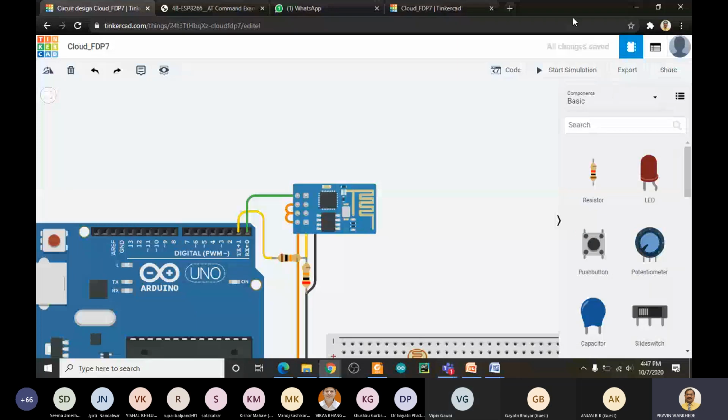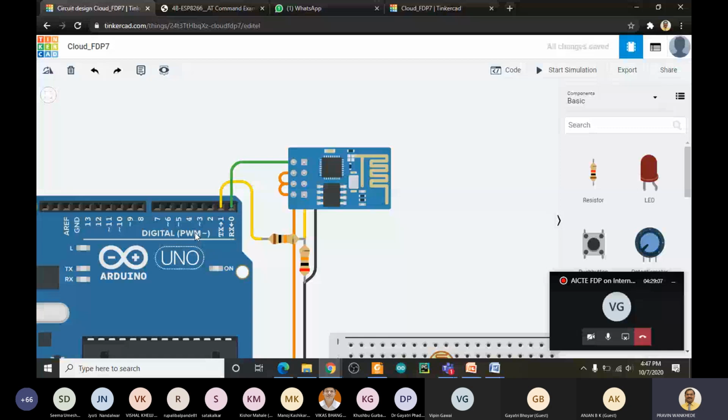Through the UART, we send that data to this Wi-Fi module, which now connects to the internet, say a hotspot or any gateway. Through that gateway, it connects to the cloud host and uploads the data continuously to the cloud. So that is what we are doing here.